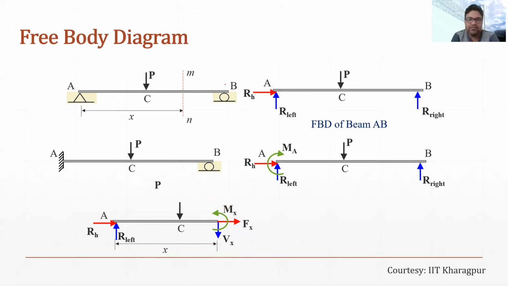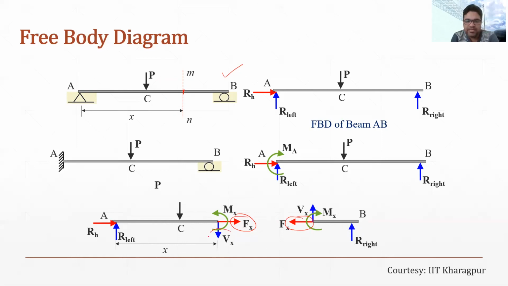Similarly, if we look at the right hand side part, then at this point, what are the internal forces? The internal forces on the right hand side will be opposite to the forces that we have seen. You can see on the left hand side the axial internal force is Fx, and on the right hand side the same Fx will be here. So both Fx will cancel out, and ultimately it shows that there is no breakage.